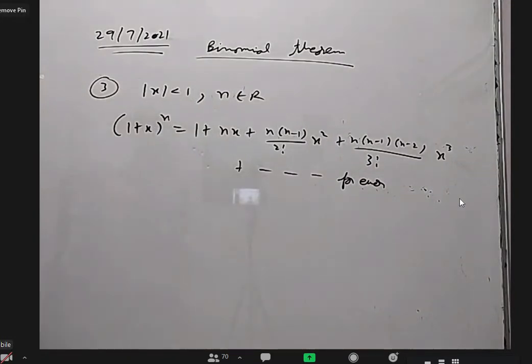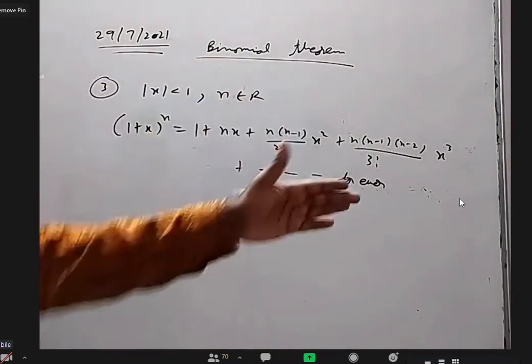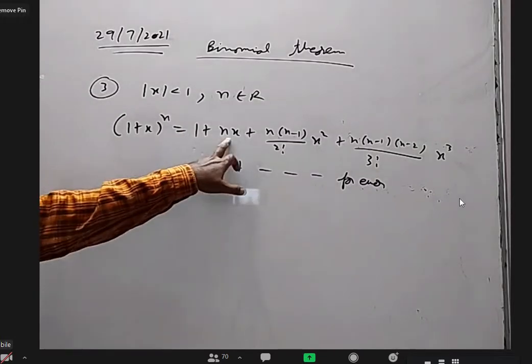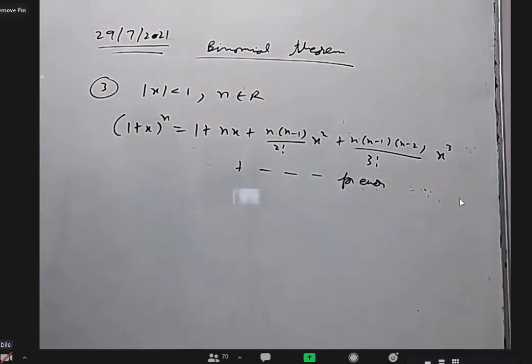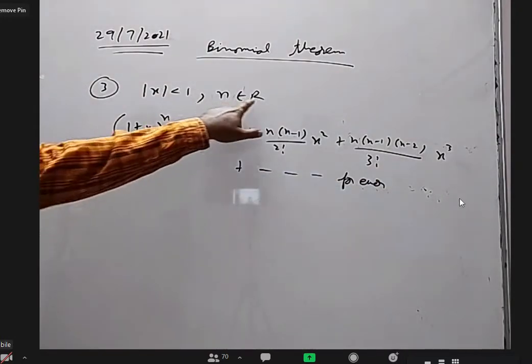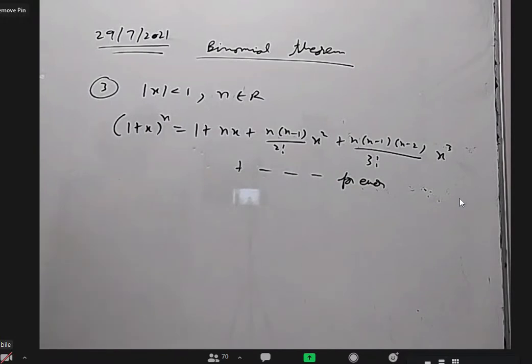Till the previous two cases, what we wrote ends with some term, but this is an infinite series. On my side, we already know this is nC0, this is nC1, this is nC2, this is nC3, but it is not exactly that. This is forever, and n is not a natural number. n is a real number. It can be -1, it can be 1/2, it can be -5/7. You can write forever or you can write ad infinitum. Both are the same.